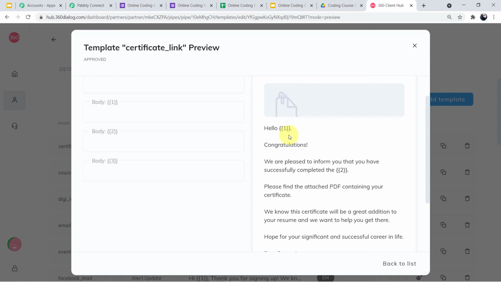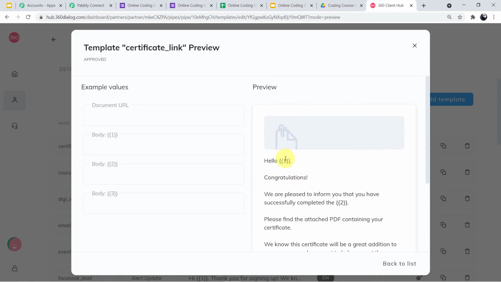What are they doing here in double boxes? So guys, these numbers are the variables which will keep changing according to the information of the student. For example, here in front of hello, the name of the student will come. Let's say the name of the student is Sam John. So you can see as soon as I have entered the name of my student in body number 1, automatically the variable has changed.